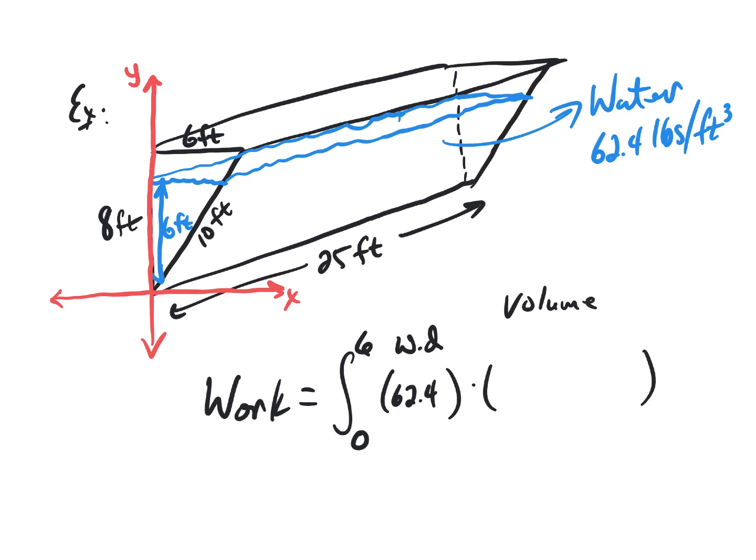so that I can spread out the length, the width, and the height. Now the length of the tank remains the same no matter which layer you're talking about, the very bottom layer, something in the middle, or at the tippy top. The length of the layers is 25 feet. The width, though, is going to change. If I switch to yellow here, the widths of the layers at the very bottom are very narrow, then they get wider, wider, wider, all the way up to the top. And since those change,